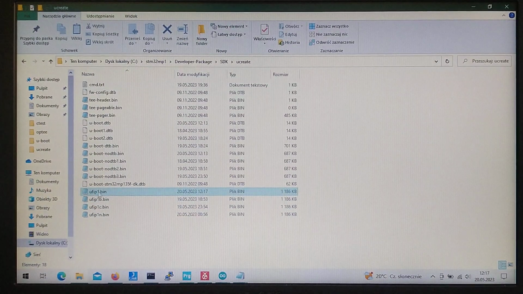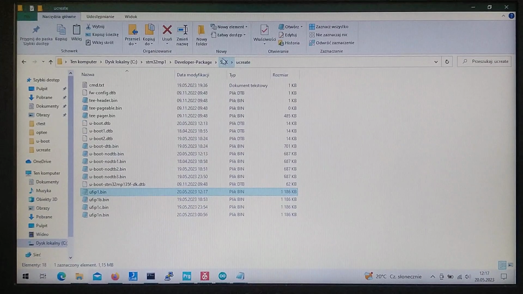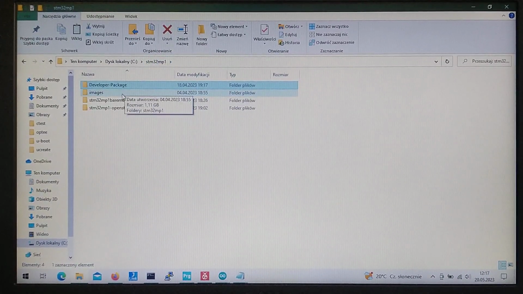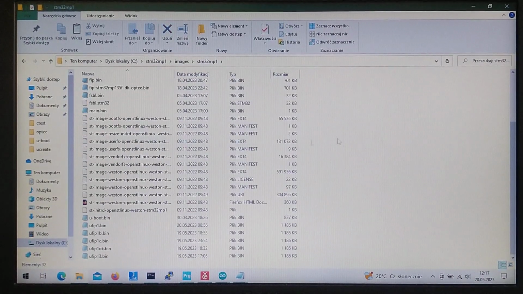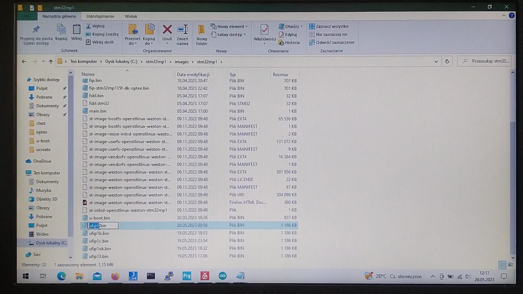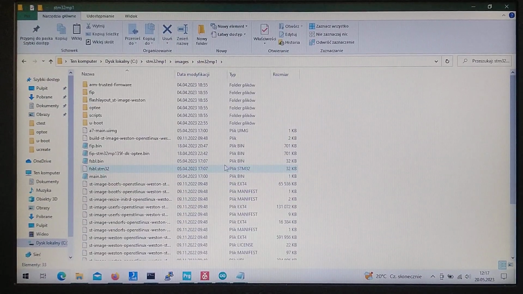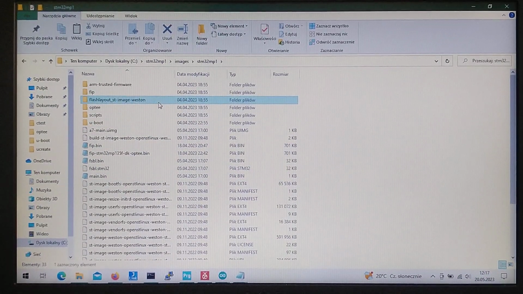Okay, so we got this file, and we need to copy it into the images folder. And let's put it right here. So I got the old one now renamed, and I'm putting the new one in. Okay, fine. So we got this. The next step, in order to make the partitions in Windows, is to use the flash layout